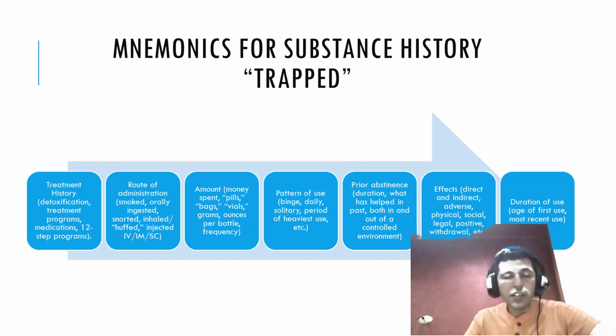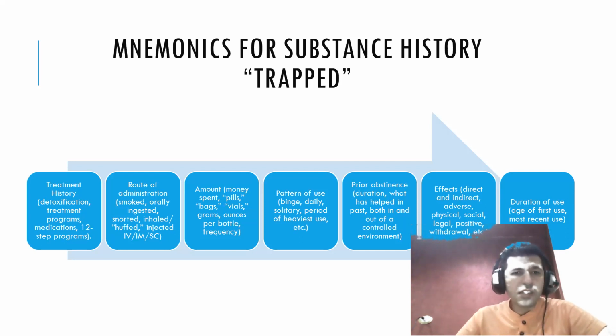All right, so these are the mnemonics. We usually use these mnemonics to remember easily. If you want to know these mnemonics easily, we are going to discuss them in detail soon. For the treatment history, you have to ask the patient if he has addressed the treatment, in the form of either detoxification, a 12 steps program, or medication, how successful this treatment was, and for how long this treatment continued. So this is important.